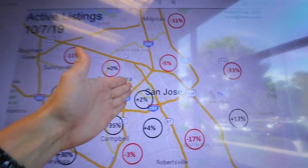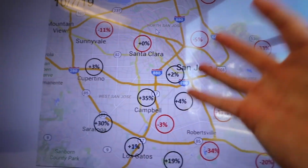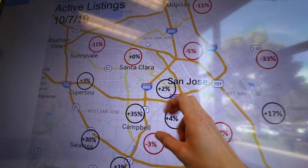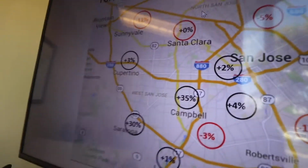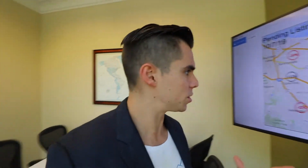I was talking of it as if it were active listings. In fact, active inventory is up plus 2% year over year. Not surprising. Again, by October of last year, there were a lot of people hopping on that Google effect bandwagon. Oh, I'm going to sell my home because people are going to pay a lot of money for it, which is quite frankly true, because pending sales are up 49% in Central San Jose, which is downtown San Jose,